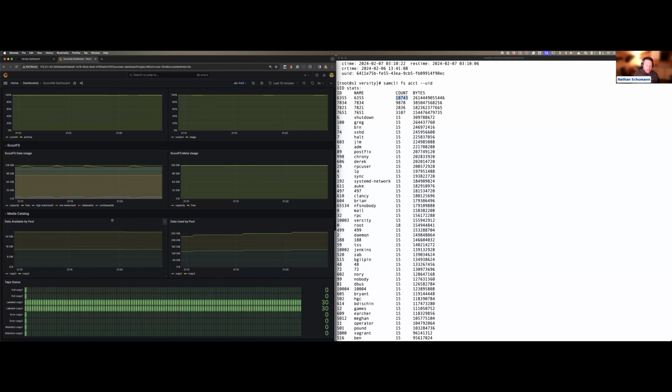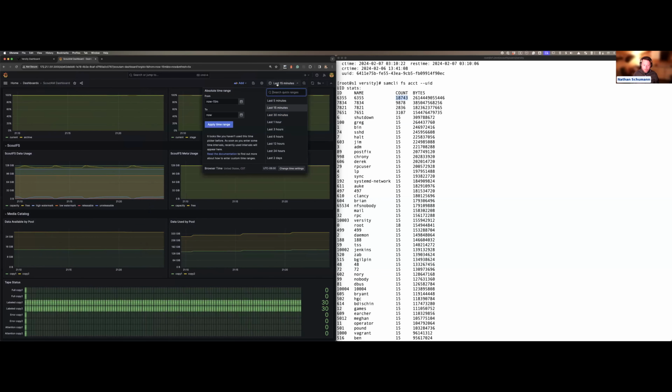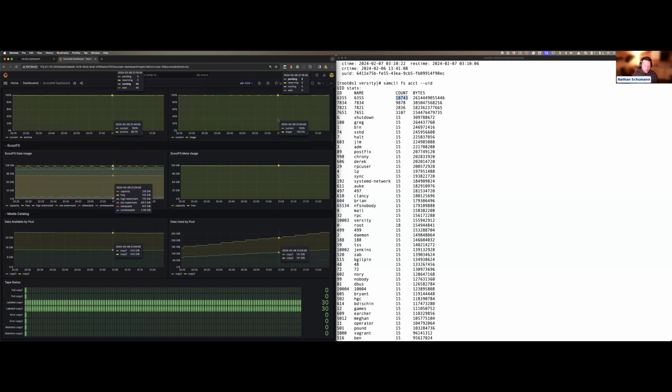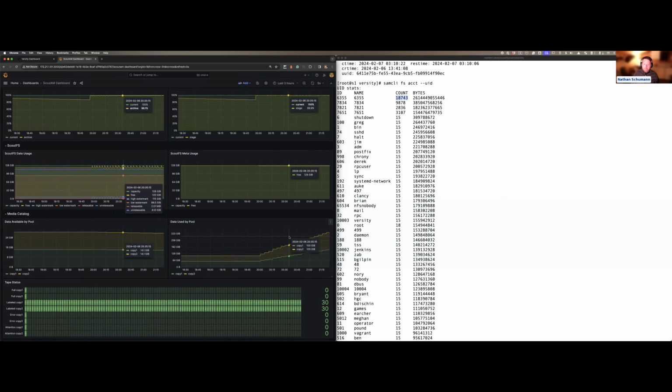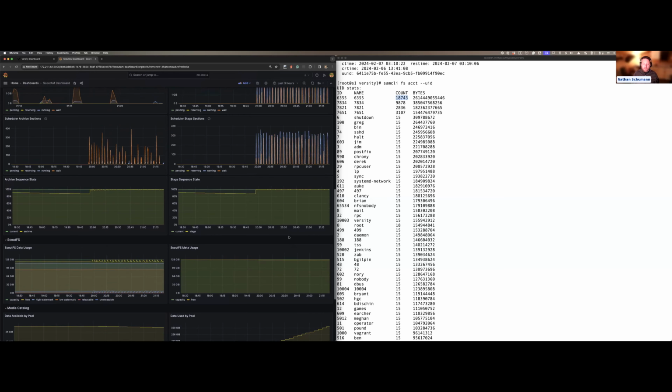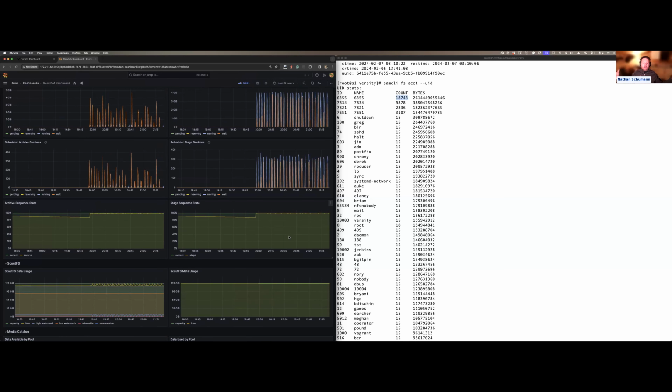And then, how much capacity have I actually used out of my tapes? I can do this with a tool like Grafana. I can start to zoom out and really look at how this system is being used. Especially if you want to look at much longer term metrics for capacity planning, this type of information starts to become really invaluable to help you make some really